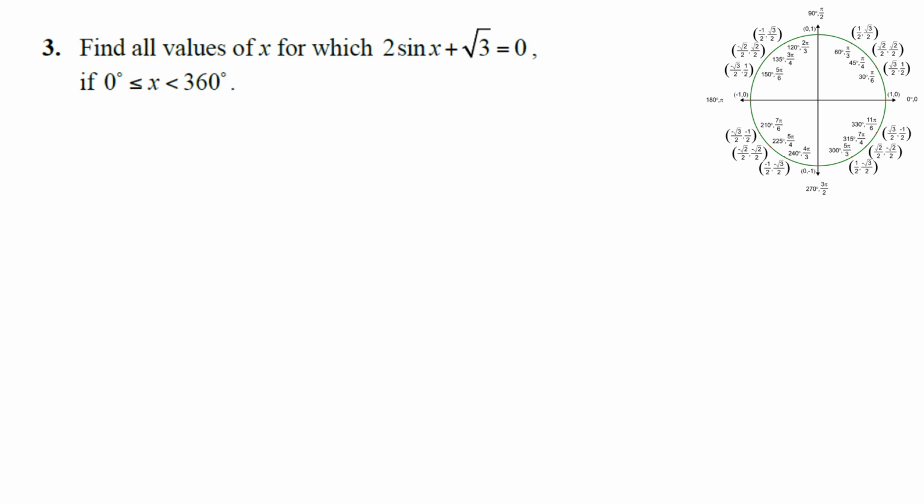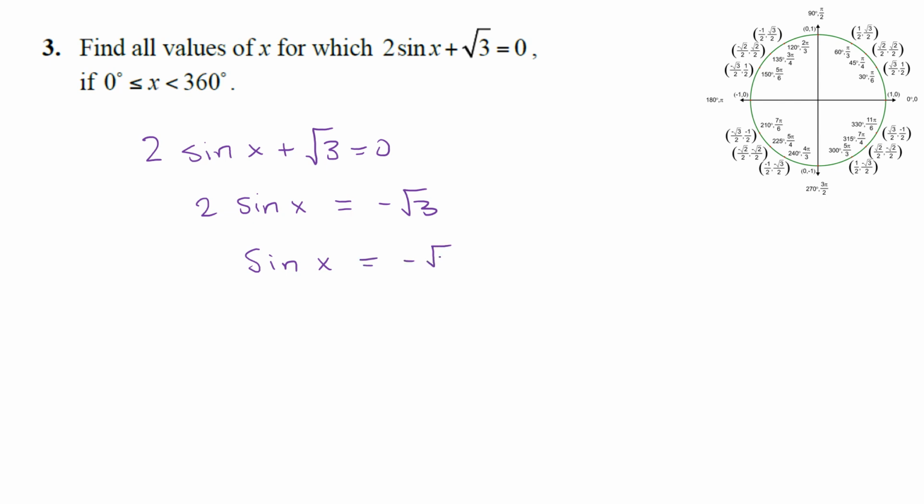Right, next we're asked to find all values of x for which 2 sine x plus the square root of 3 equals 0, where x is between 0 degrees and 360 degrees. So let's write our equation: 2 sine x plus the square root of 3 equals 0. We want to isolate the trig function. So we'll have 2 sine x equals negative square root 3. Then we will divide both sides by 2, which will get us sine x equals negative square root 3